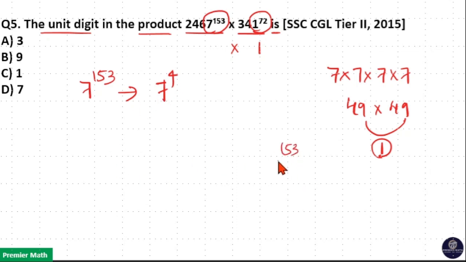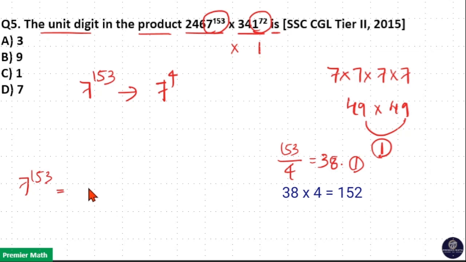Here 153 by 4 is equal to 4 goes 3 times in 12, remaining 33. 33 by 4 is equal to 4 goes 8 times in 32. So, 1 is the remainder, which means 7 raised to 153 can be written as 7 raised to 4 into 38 plus 1. So, 7 raised to 4 raised to 38 into 7 raised to 1 is 7 raised to